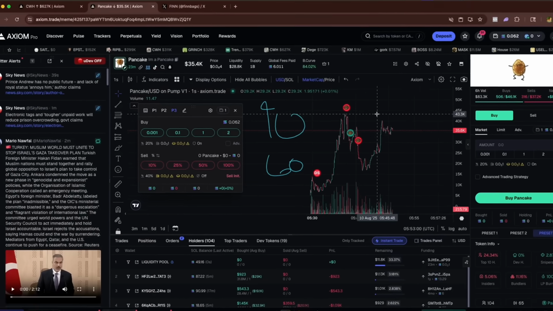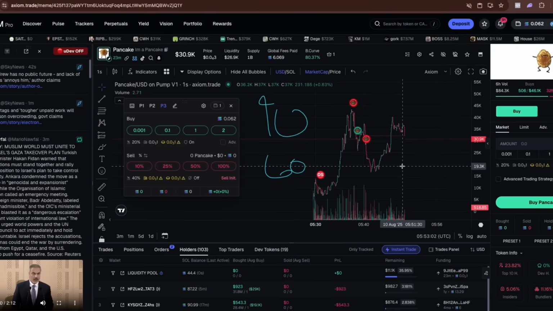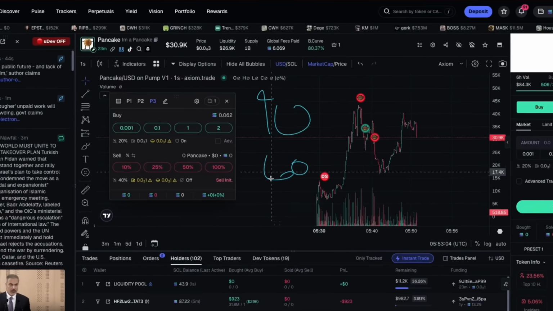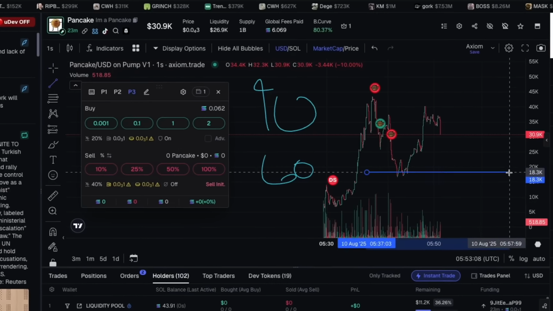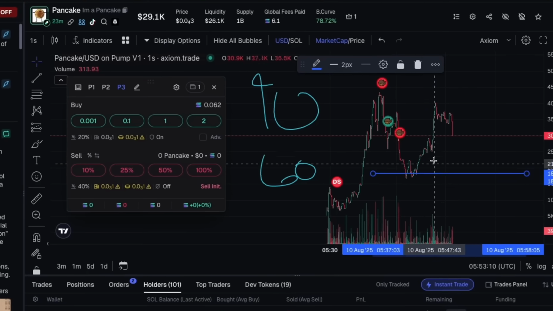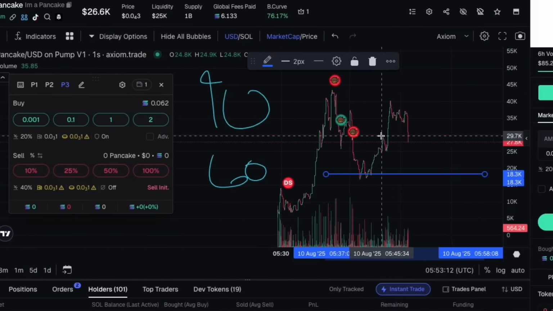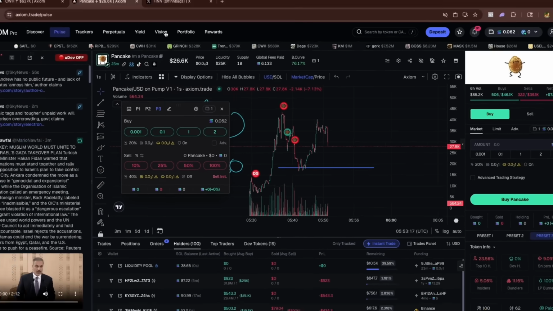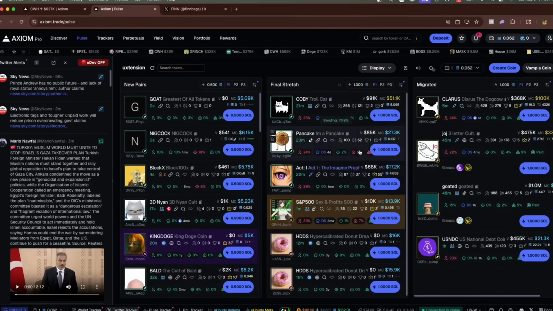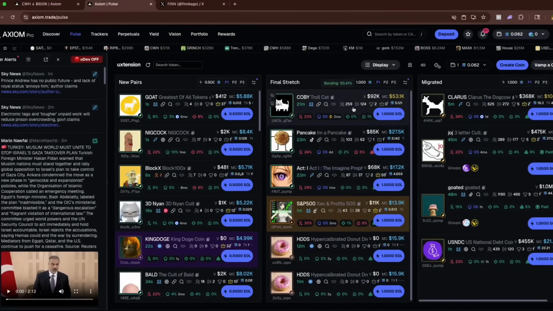If we look at this all the way from 43 to 20, that's around 50%, so that's the middle between these two. You could have bid this coin right here, and boom, scalp that. It doesn't matter where you sell. You could have sold at 30, you could have sold at 40, 2x, whatever. I'm not saying Pancake, but if you find a good coin that hasn't been done before,